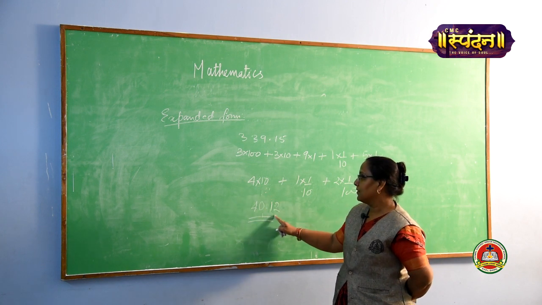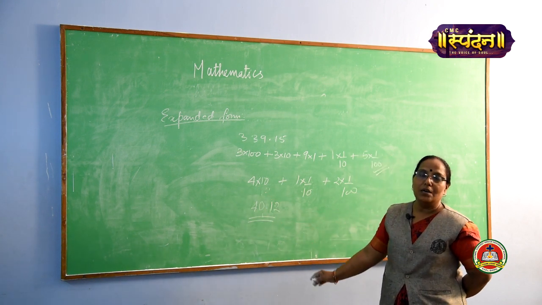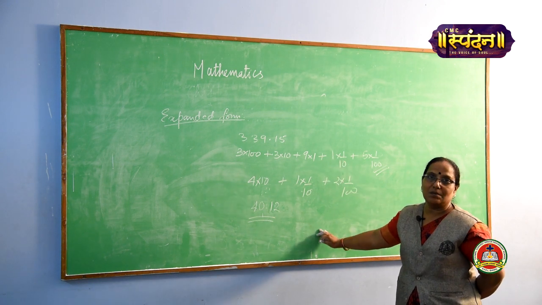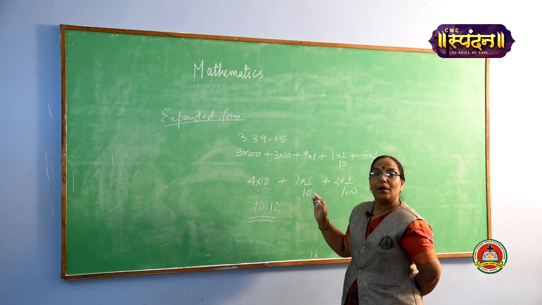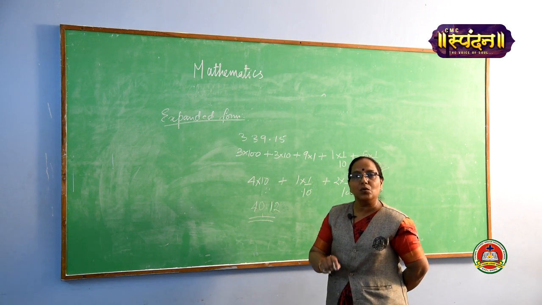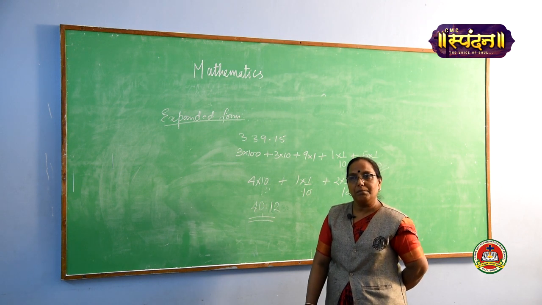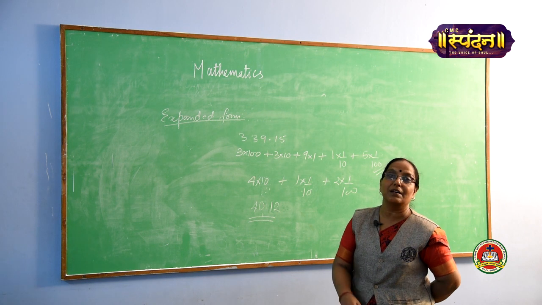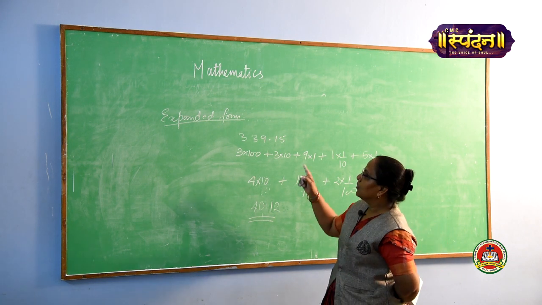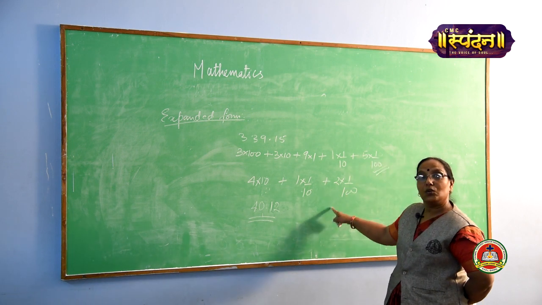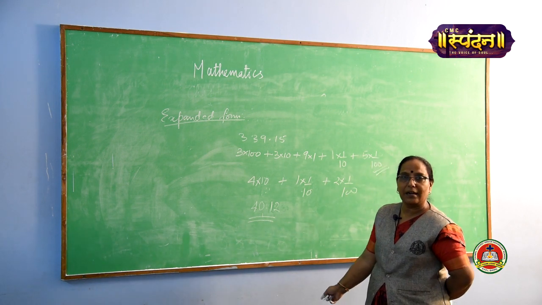So, we are going to write 40.12. You know very well how to write in expanded form or how to write in decimal form. You should know about the place value of a particular digit of the given number. That is the only important part, because sometimes they ask about the place value of a particular digit in a given number. Okay. So, you know about the place value also. By this, you know how to write all these expanded forms.